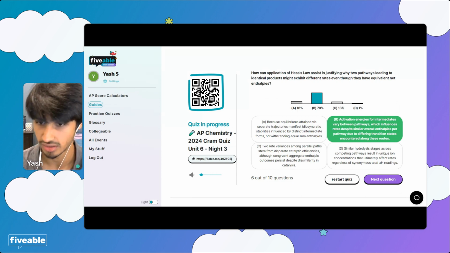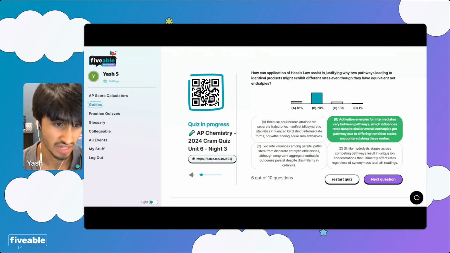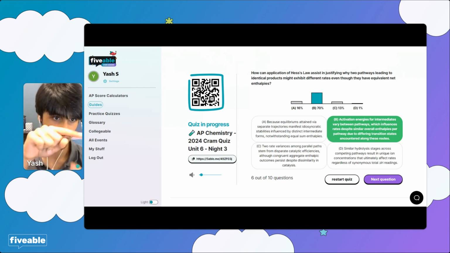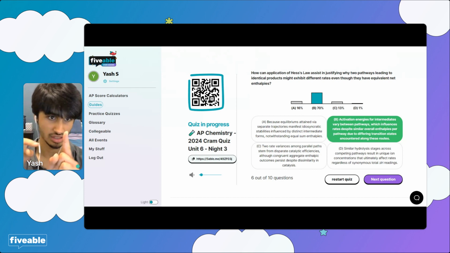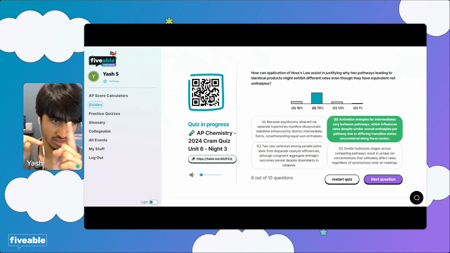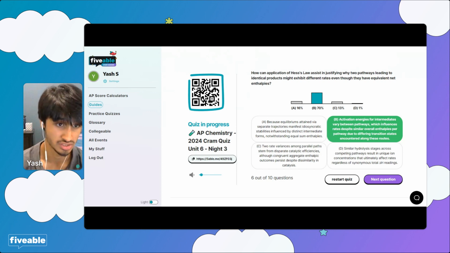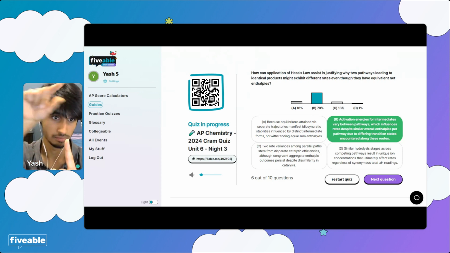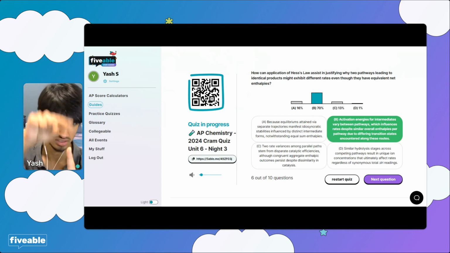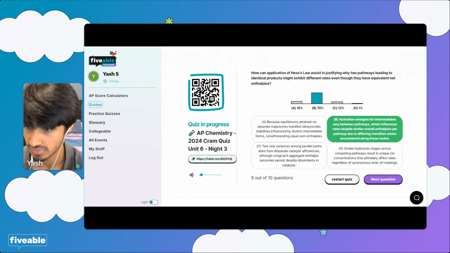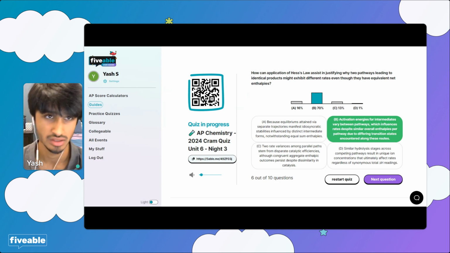This question is basically saying that two reactions have the same thermodynamic quantities, as in their delta H is exactly the same. So on the energy curve, they both start and end at the same difference between them, but their rates are different. That just means the activation energy, or the point where you have the activated complex, is a different distance from the reactants, if that makes sense. Does that explanation help you guys?